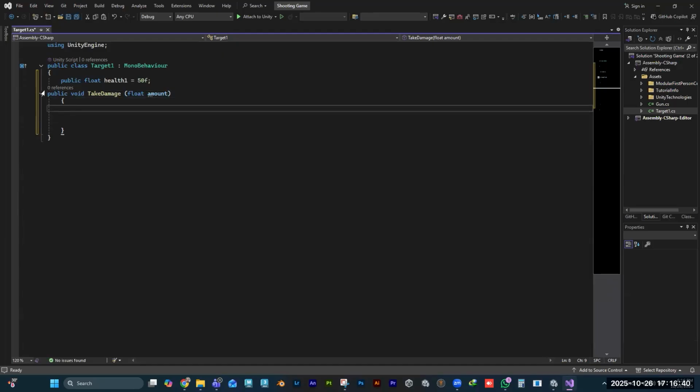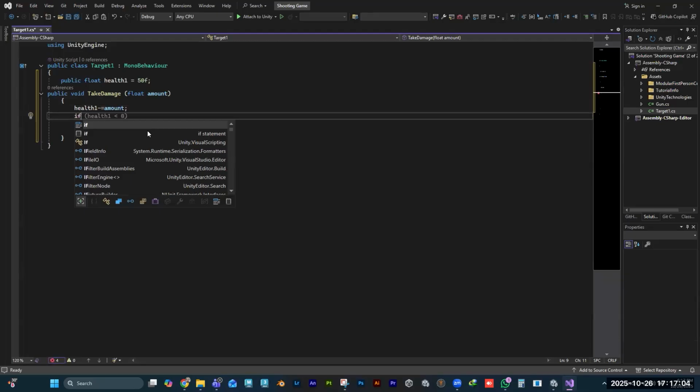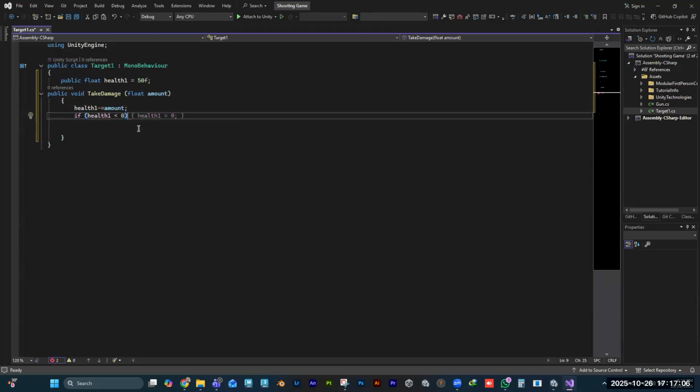And inside it, what I want to do, I have the health here. I'm going to use it to decrease the object health based on the player shooting. So here, health minus equal amount. That amount will be sent to me from the other script. And here, if health is below or equal 0, what I want to do,